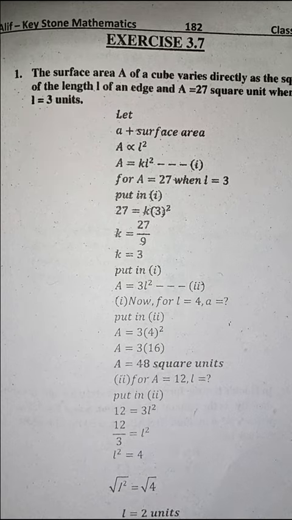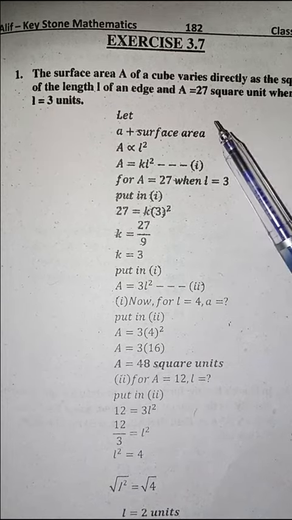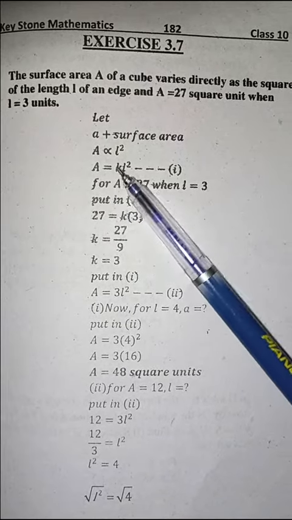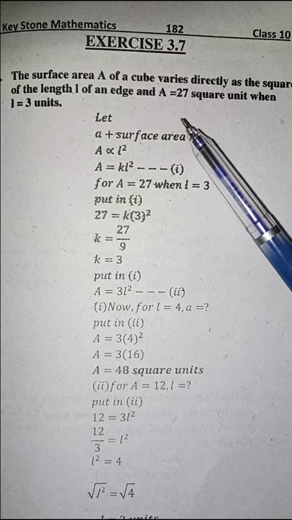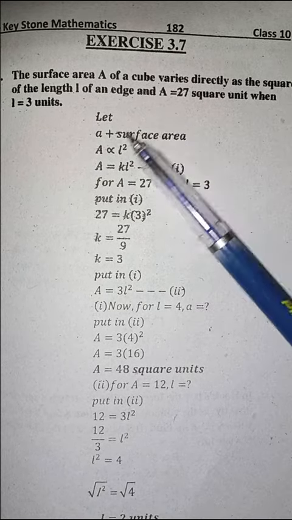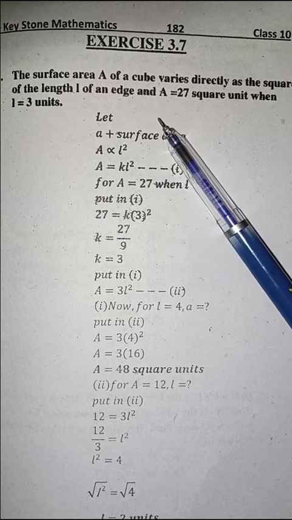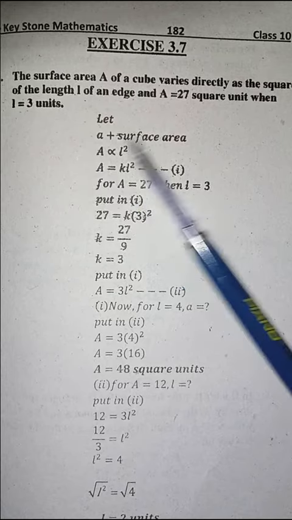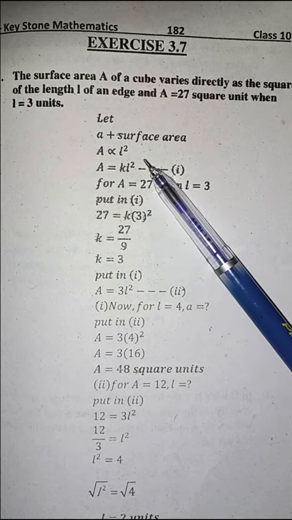आज हम करेंगे एक्सरसाइज 3.7 क्वेश्चन नंबर 1। क्वेश्चन नंबर 1 हमारे पास: the surface area of a cube varies directly as the square of the length L of an edge, and area is equal to 27 square units when L is equal to 3 units. So let's कर लेते हैं हम कि